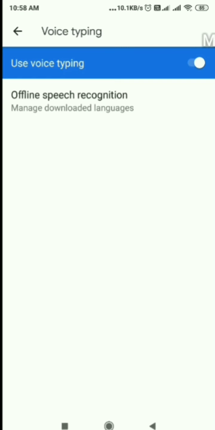Now your voice typing is also ready, which enables you to type in Hindi or English, whichever language you are going to speak. You don't have to type. You will just speak and it will type automatically. So you will enable this function. Let us get back to the previous screen.